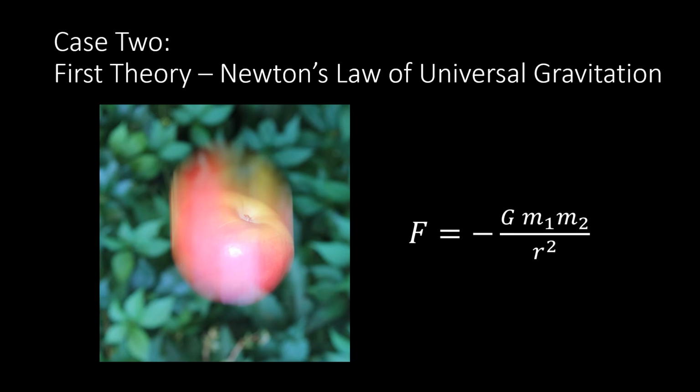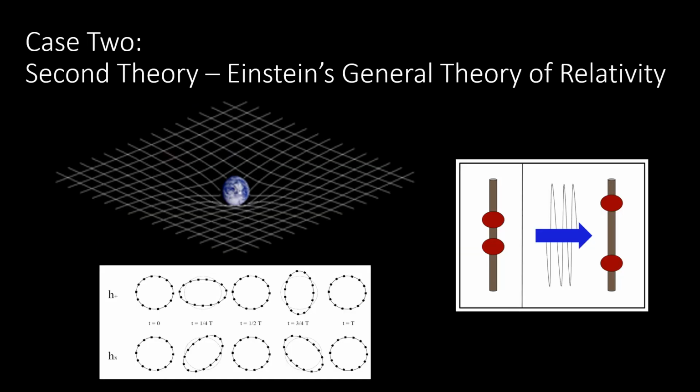We'll now look at the second case, which was gravitational wave detectors. The theory that was in existence, and still continues to describe certain systems, before the general theory of relativity was Newton's law of universal gravitation. And what this held was that gravitational force was determined by a constant G, the mass of the two bodies, and then was inversely proportional to the square distance between the two. At the turn of the 20th century, Einstein proposed the general theory of relativity, which holds